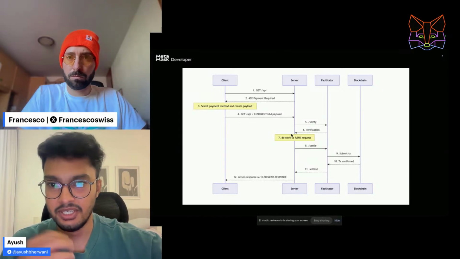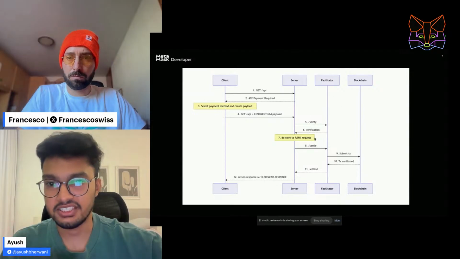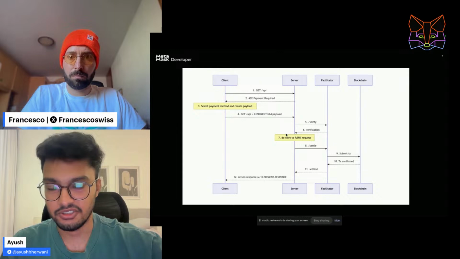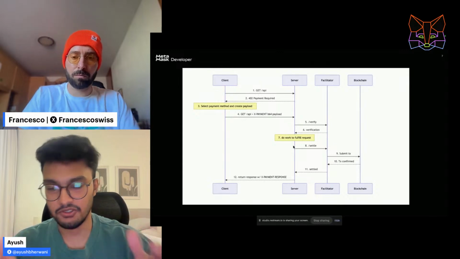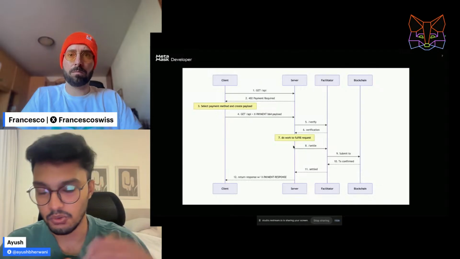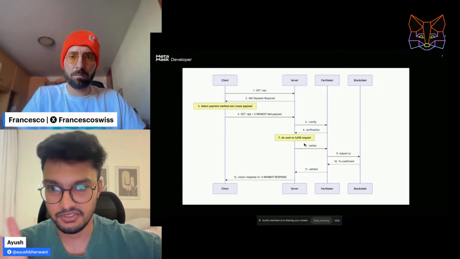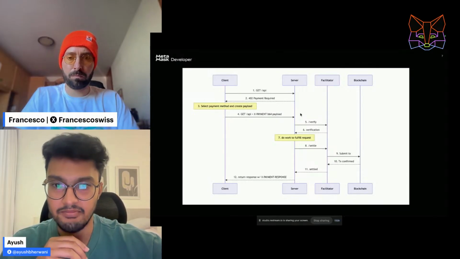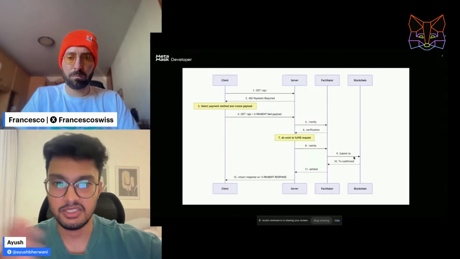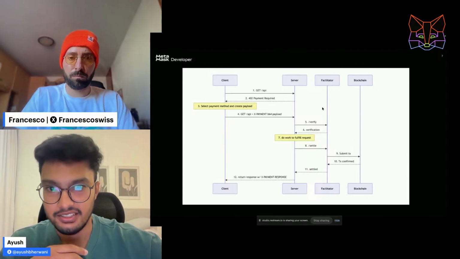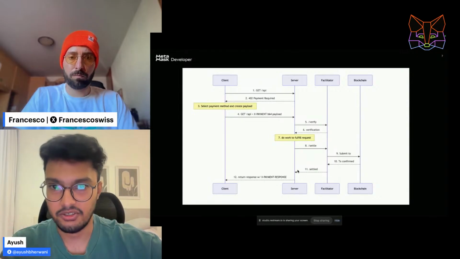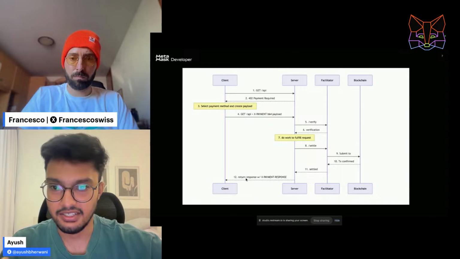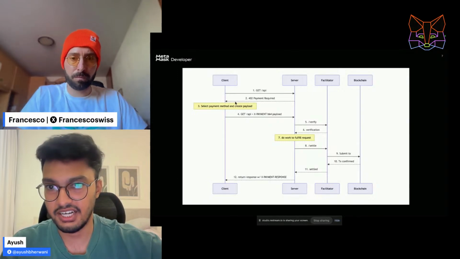Now the server will send that payload to the facilitator to verify. If the verification is successful, it will get back to the server. The server will do whatever fulfillment is required for service processing, and it will try to settle the payment. If the settlement is successful, the facilitator submits it on chain. Once the transaction is confirmed, the facilitator sends the settle response to the server. Now the server, once it gets that, will return the response and the payment response, which will have transaction links and other details. This will also have whatever service the client was requesting, right?